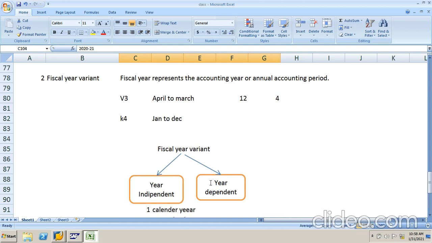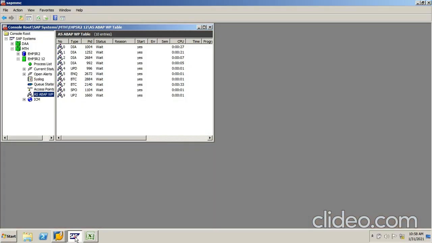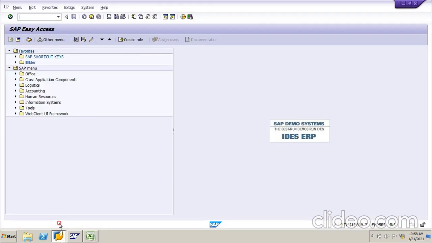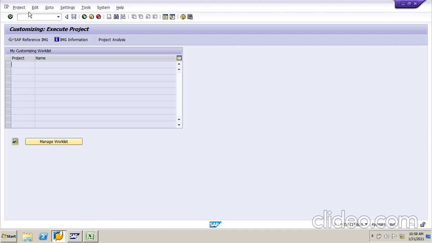Okay, so in SAP we will see how to create our fiscal year variant. So let's go to SAP. If I go to the SPRO screen, SPRO, enter. Just a moment.